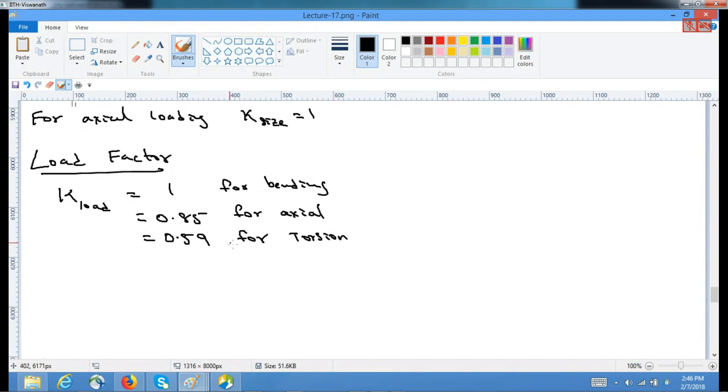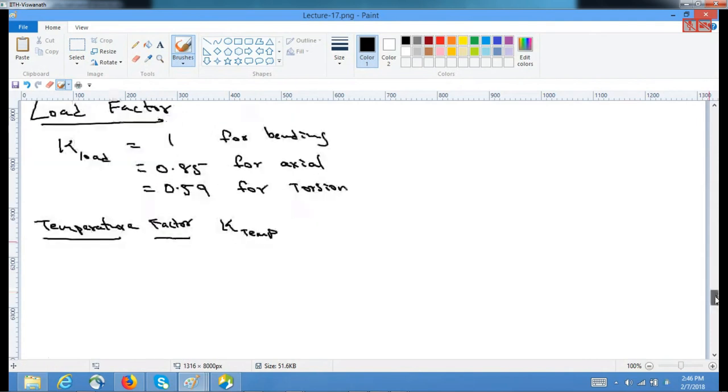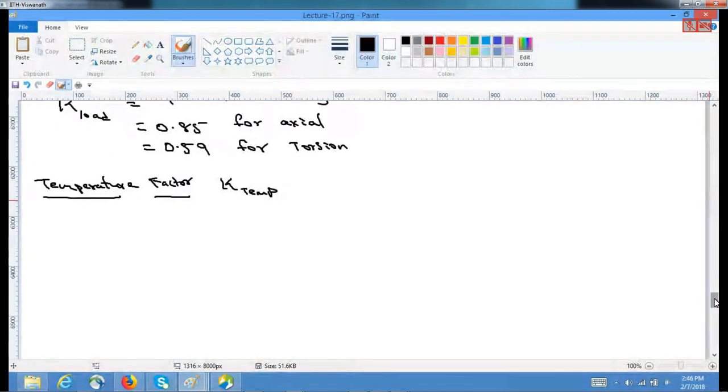Next is the temperature factor. Temperature factor greatly varies with the temperature, so it will generally be specified if it has to be considered. Otherwise, you can take by default K temp equals 1, and the last factor is